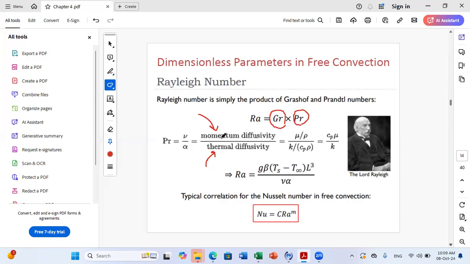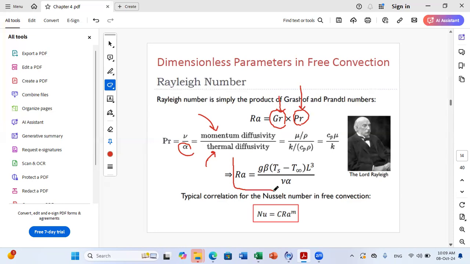The momentum diffusivity is dynamic viscosity over rho, while the thermal diffusivity, alpha, that you know from the previous chapter, is k over rho Cp. So the Prandtl number represents the ratio between momentum and thermal diffusivities, and it characterizes the fluid behavior. That's why when we combine the Grashof number and the Prandtl number, we get a dimensionless number